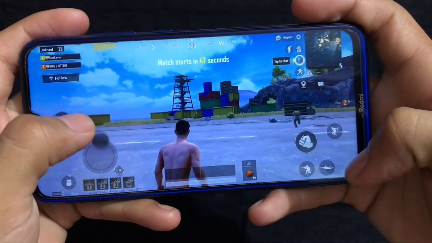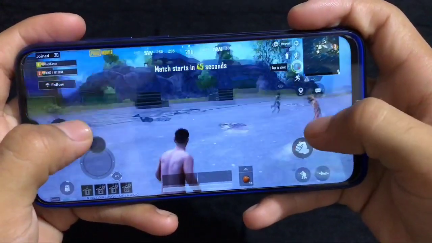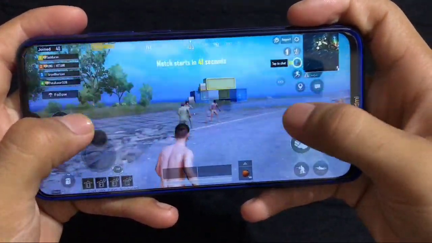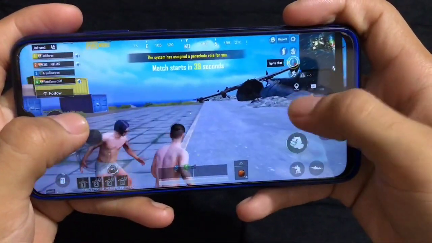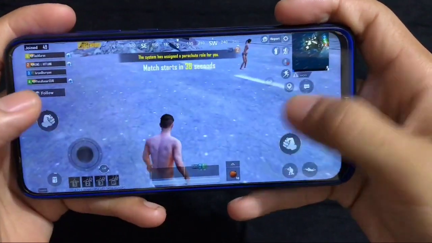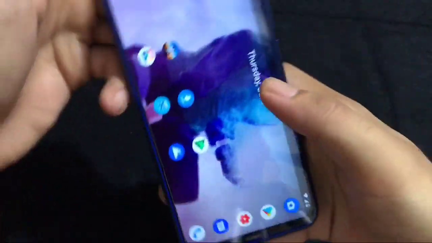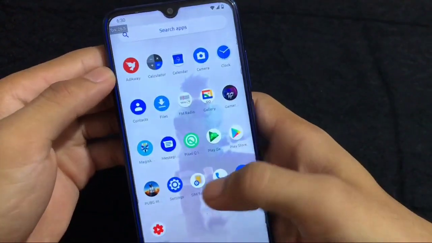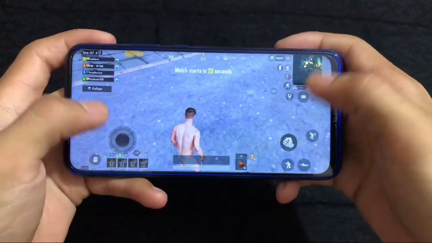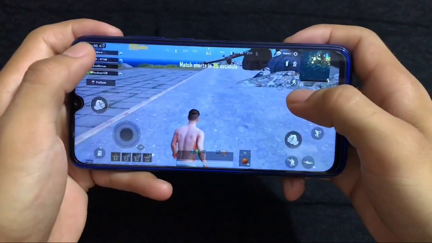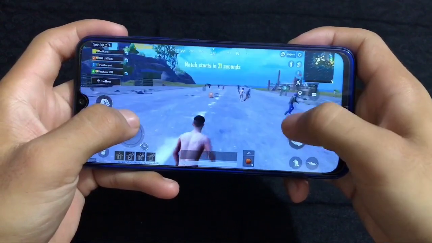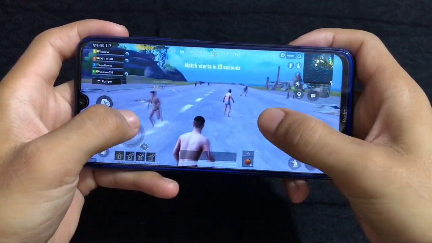Okay, so moving on to PUBG. Talking about PUBG, it's just perfectly fine here, no lags at all. I used it for some time, and it was perfectly fine. We have some extra features to enhance the performance, like, let me just show you, wait. We have the FPS meter, as I already showed you, that it is very cool in terms of playing PUBG. When you play PUBG, you will see your FPS here, which will tell you how much FPS you are getting, which is quite interesting.